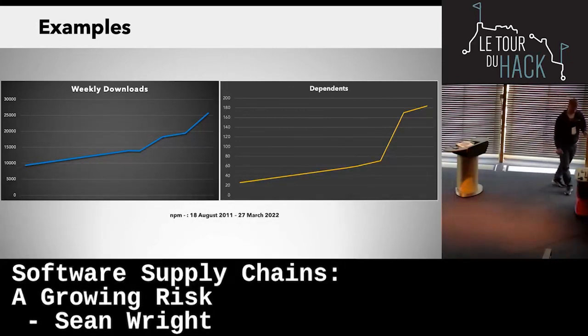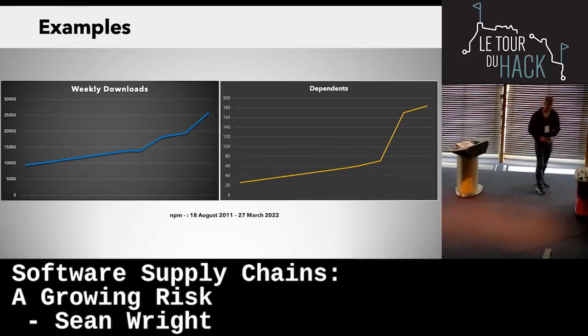What was worrying and staggering about this is if you have a look at those graphs, the first point in the graph is when that package was released, or when I could do snapshots. So with the NPM repository, you can actually see weekly downloads and how many dependents, so how many other packages use this as a dependency. And that first snapshot was taken on the 19th of August 2021, and all the way through to just a few weeks ago.